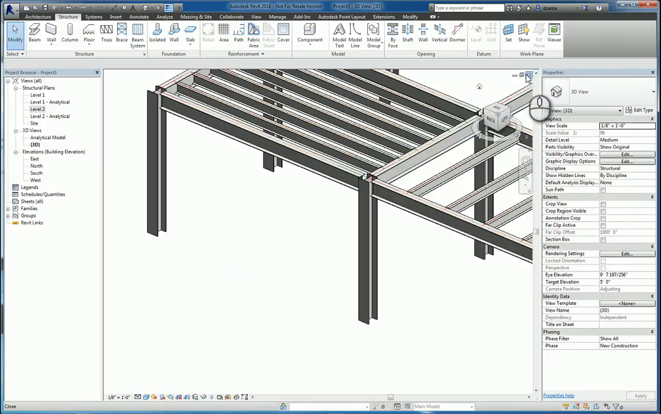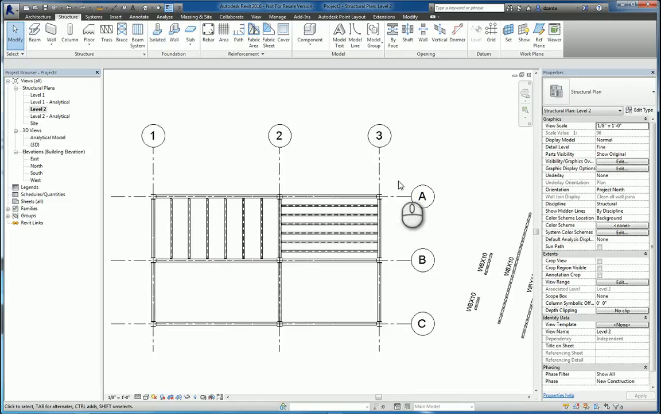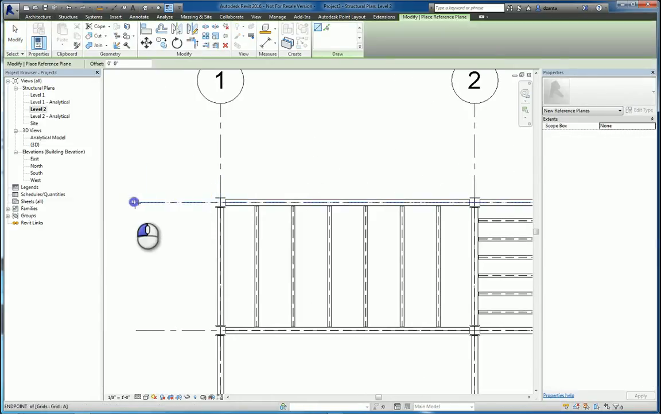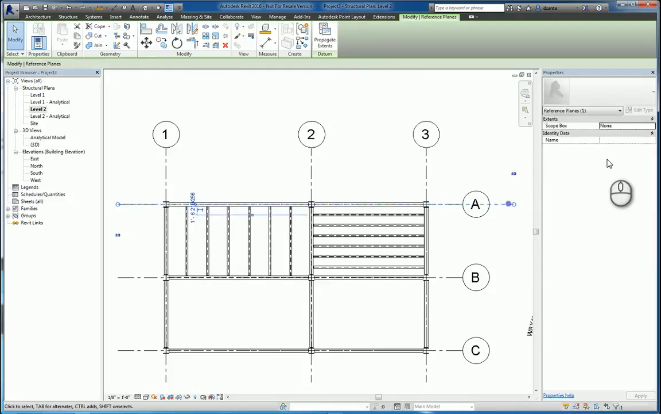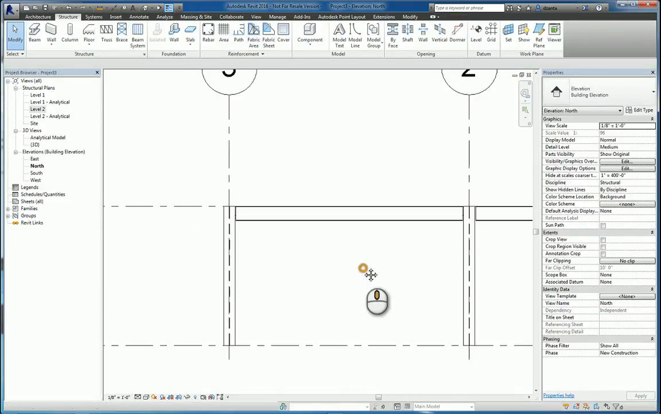Let's go back to the elevation. Or better yet, let's go to the plan view. And I'm going to create a reference plane this time, right where I want, which is here. I can select that reference plane and give it a name, coping RP. Now if we head over to the elevation and do the command,